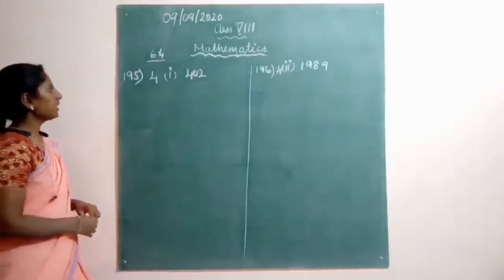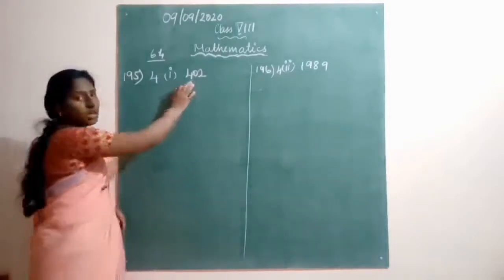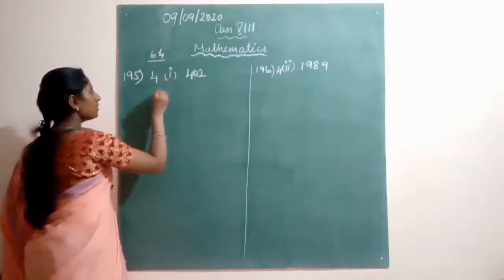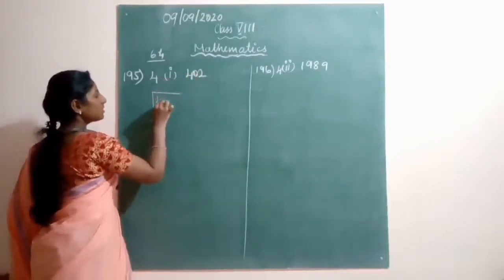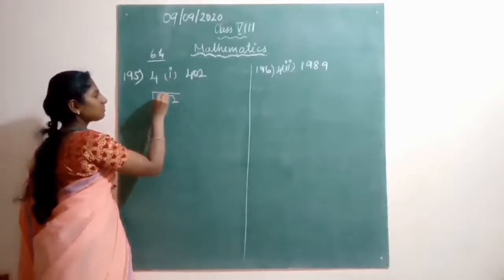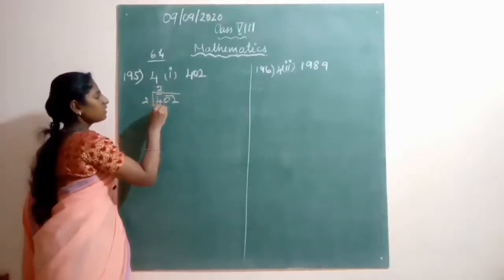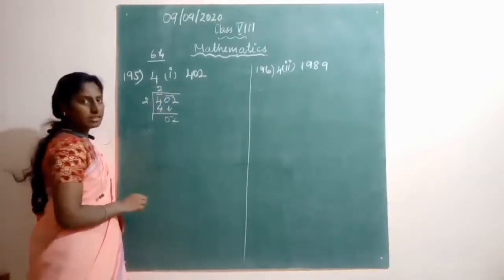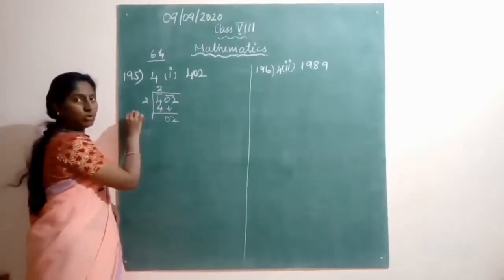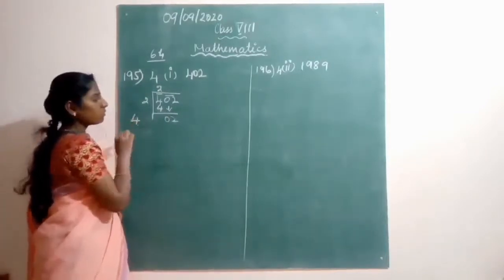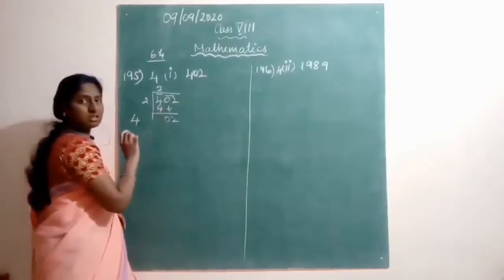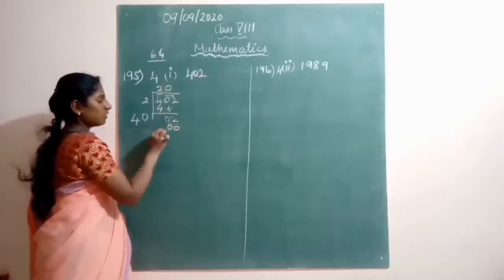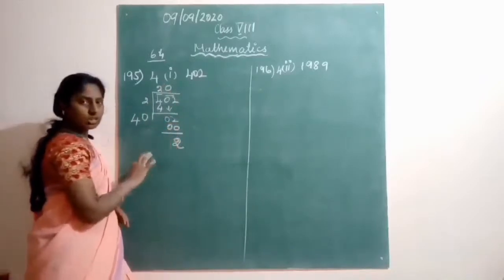Question number 195, that is, we have to find the number that should be subtracted from this to get a perfect square. Okay. So for that we have to first do the long division. Okay. So 2 2s are 4. Anything remaining? No. So bring down 2 as it is. Okay. So what will we write here? 4. Okay. And this is 0 2, and we need not write anything, simply 0 only. Okay. So 2 is the balance.